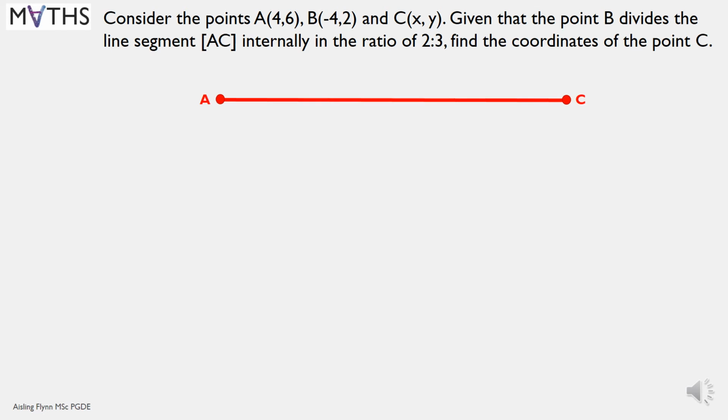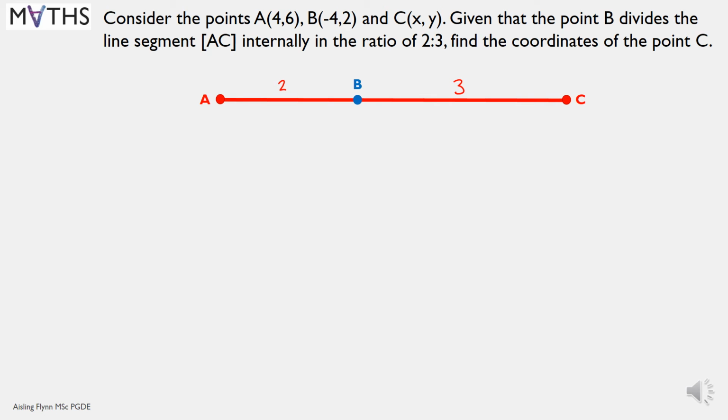Just to picture it, without drawing a graph, the line goes from A to C. So that's the line segment AC. Draw it as it's written, with A first and C second, going from left to right. The point B is going to be in the middle somewhere, dividing AC internally, with the ratio of 2:3, again going from left to right, the shorter part 2 will come first and the longer part 3 will come second. So this part A to B represents 2 parts and B to C represents